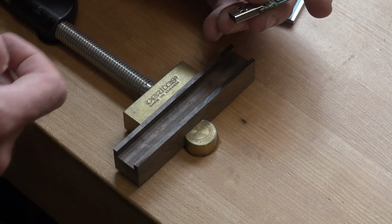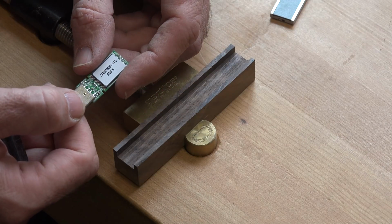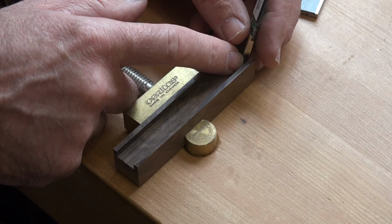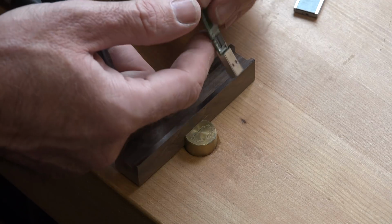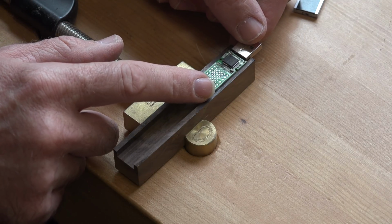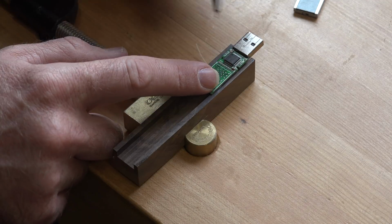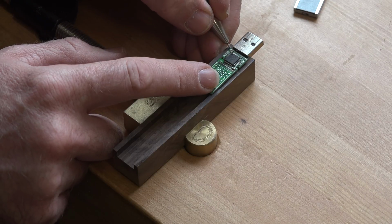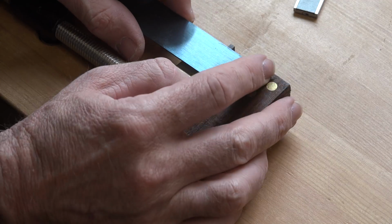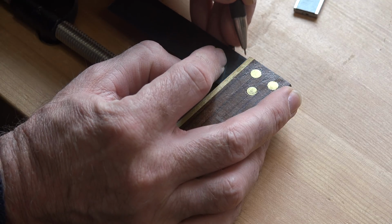But we need to now make this dado a little bit wider to accept the chip or the circuit board here. We know that it's going to fit this piece, but we need it to fit the other piece. So we're just going to line this up for how far we want our USB plug to extend beyond our wood. And once we get that marked or in place, we're going to put a little mark there, just like that. And we'll take a square and transfer that mark across both of these thin little 1/8 inch